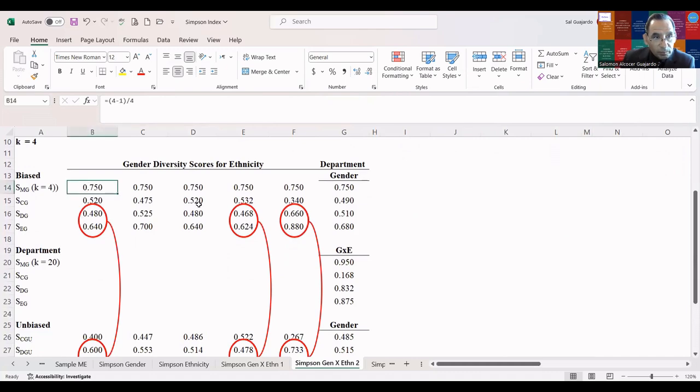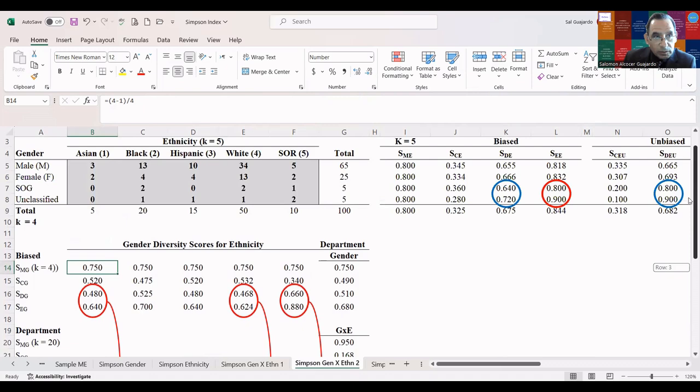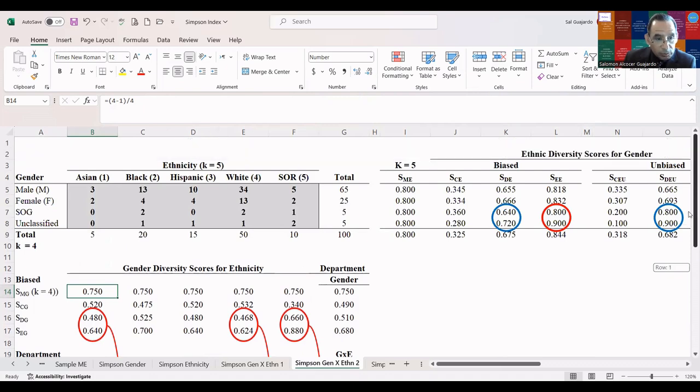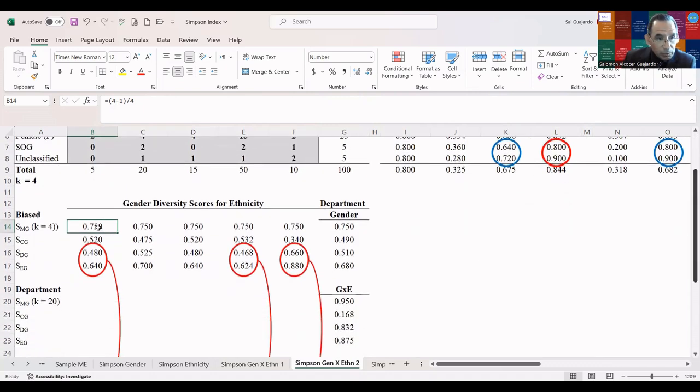What I did here was look at gender diversity by ethnic group. Again, because there are four gender groups, it's going to be 3 divided by 4, which is 0.75. To calculate the biased concentration score,